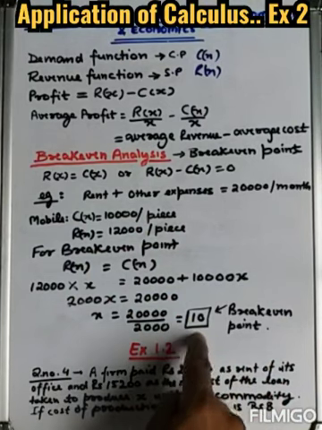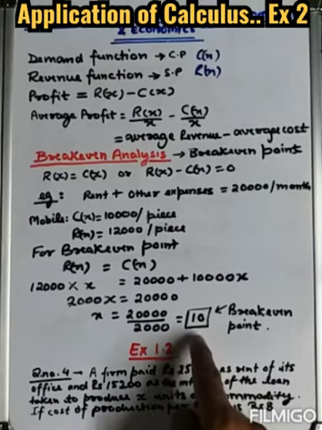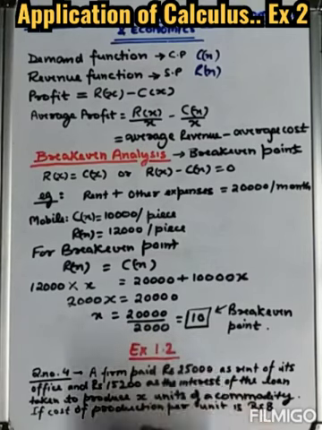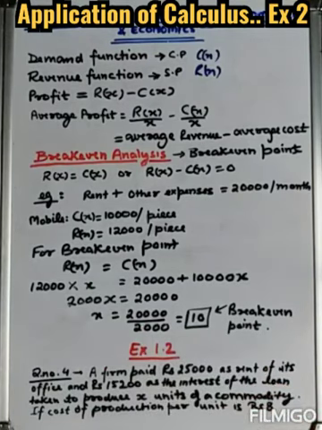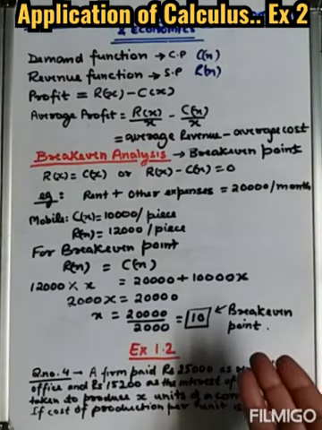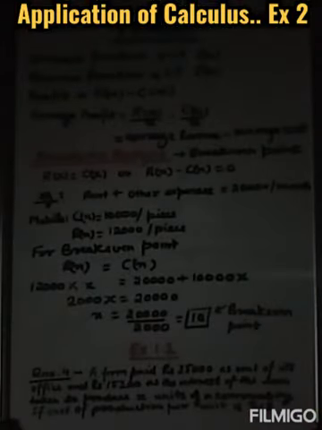On buying more articles, now on selling the 11th mobile, 10 we have already taken out. On selling the 11th mobile and onwards, we will be able to get profit from this particular position. Means after selling the 10th mobile, we will be able to get the profit from the 11th mobile and onwards.